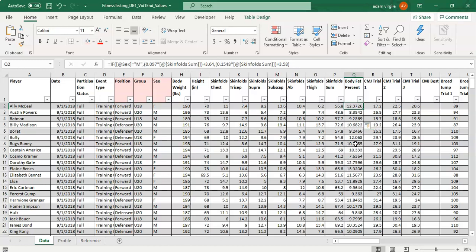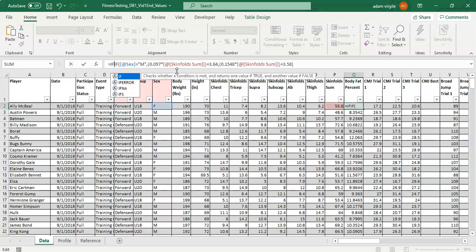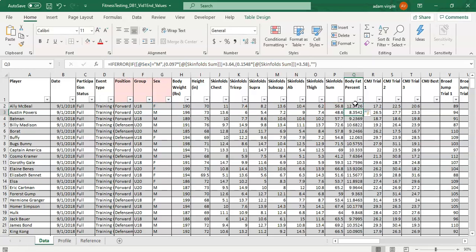Now, to finish off my calculation like I did in the others, I'm going to go to the front and say IFERROR, open parenthesis, if there's an error with any of this stuff going on in here, this long complex equation, comma, I want it to be blank, which is 2 quotes. Close the parenthesis, click enter, and now I'm going to change this cell, because it's a calculation, to this red